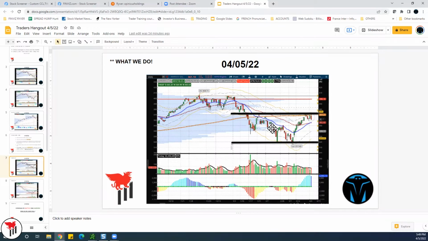You guys should be able to hear my voice all the time when I say this: don't short the bottom of a wide range. Don't buy the top of a wide range. You're putting yourself in a bad spot, because the market can stay irrational longer than we can stay solvent, as the saying on Wall Street goes.